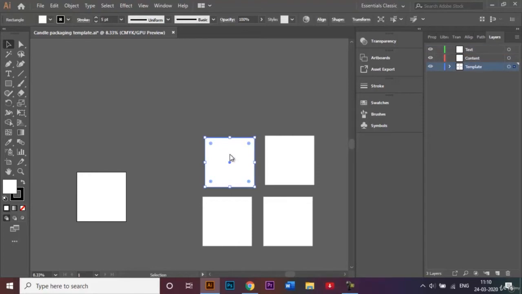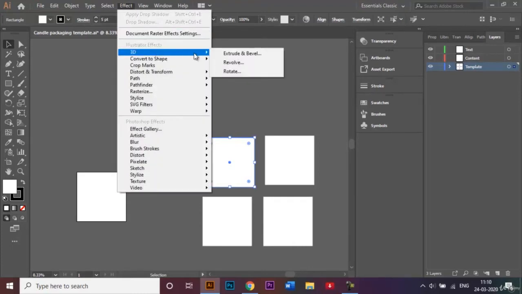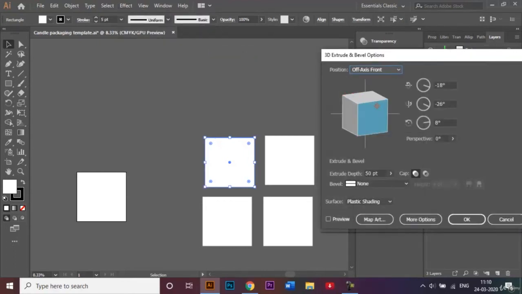So I'll select this first one and I'm gonna make it a 3D object first. Or probably I'll just start with one first. I'll go to the Effect panel, and in the Illustrator Effects, I'll see this 3D option which says Extrude and Bevel. Gonna go ahead and select that, and then I'm just going to give it a custom rotation as to which side I want my cube to look like. And once that's done, I'm gonna give the extrude depth 550 points, or probably just increase this to 650. Wait, yeah. And if I click on preview,